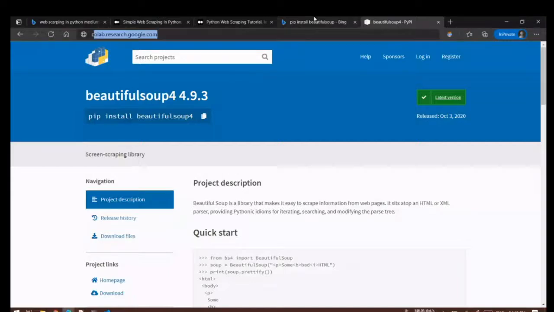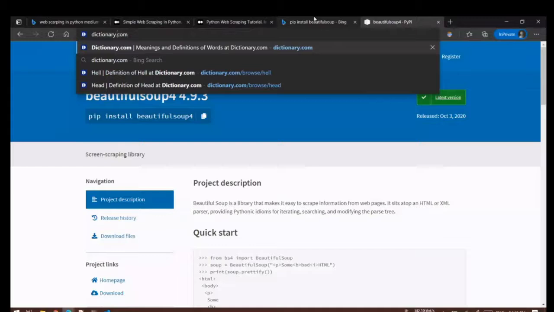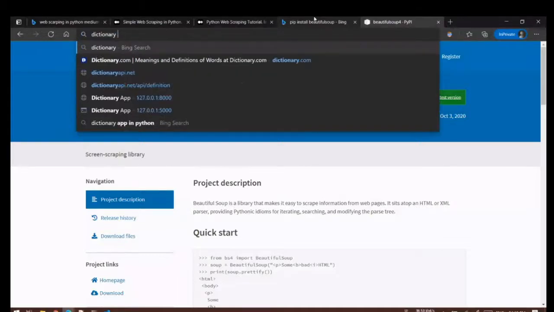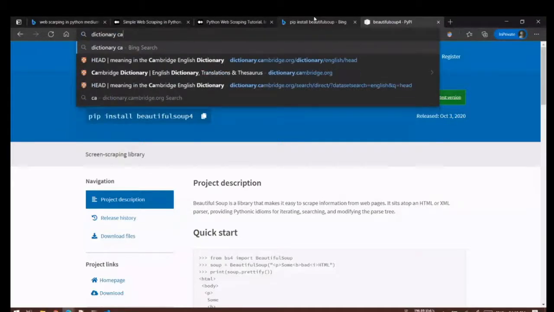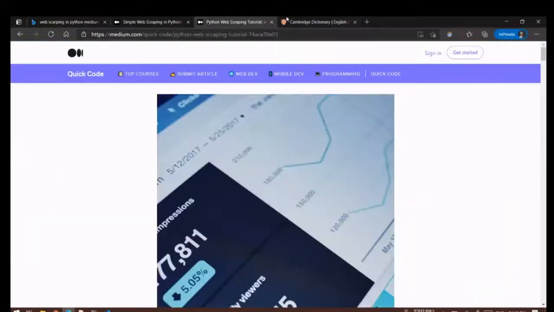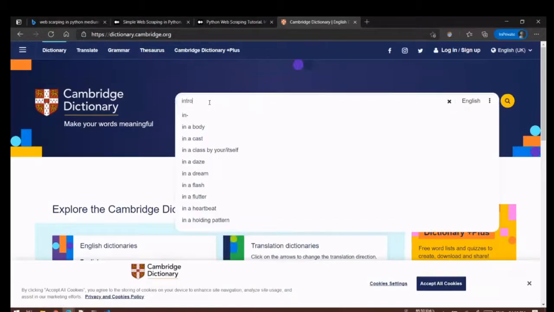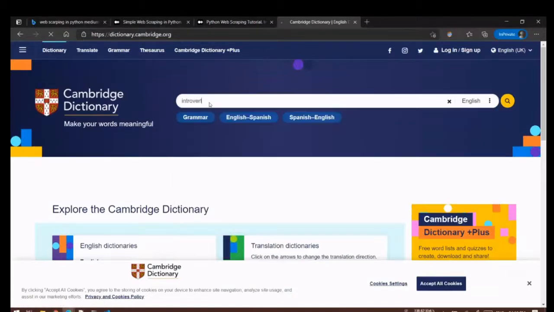Okay, so this is a normal dictionary site. Here I'll type the word introvert.